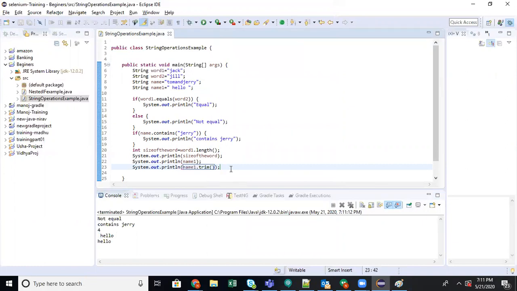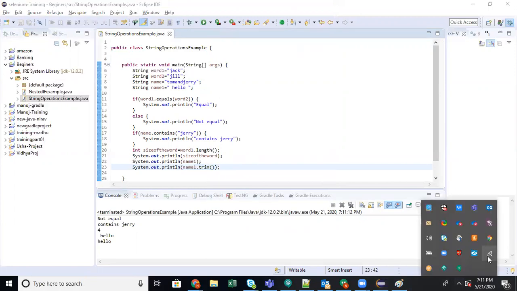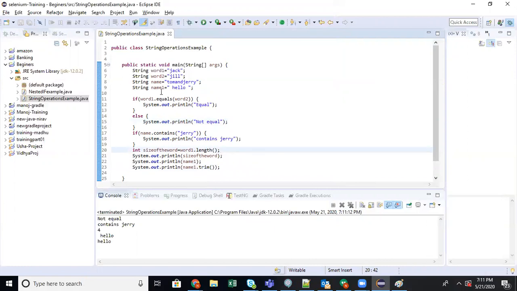Your voice is breaking. Can you please explain this space thing again? Sure. The name one variable is holding hello with space in front as well as at the back. Can you see? Yeah.